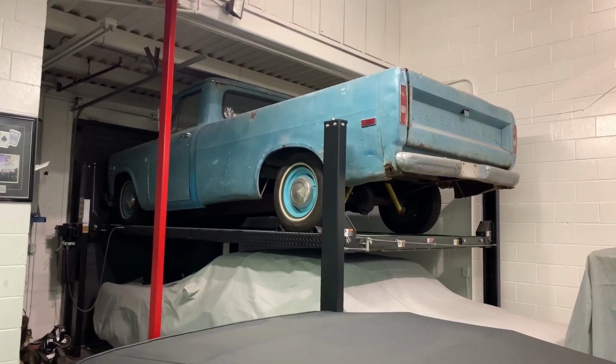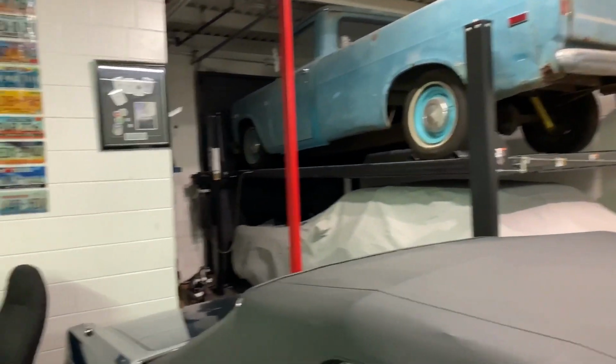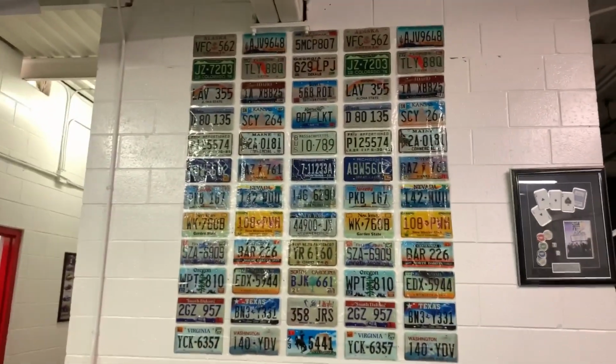I need a truck like this that I don't care about. I need a car that you don't care about, if you get a ding or a scratch. So we decided, after we got bored with this truck...